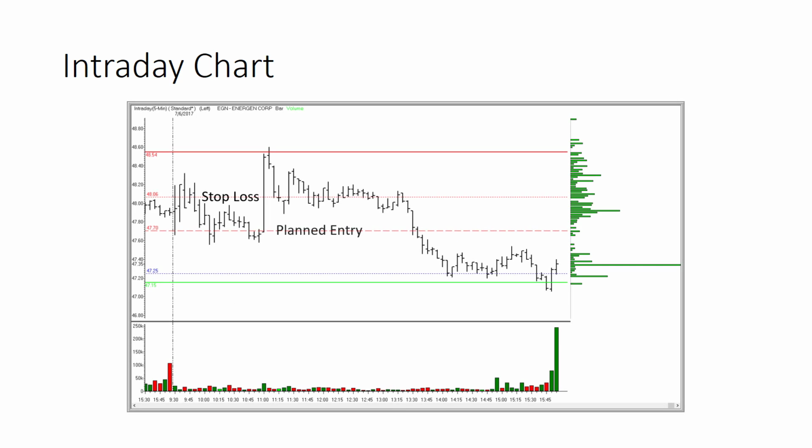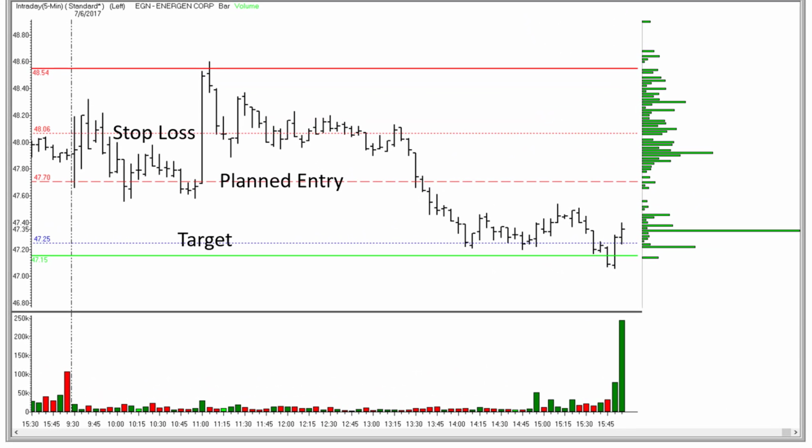And not everything comes up roses all the time. So here we've got the trade as it happened. And you can see that this thing came down, hit that planned entry line once for a 36-cent loss, and then unfortunately came down and hit it again for a 36-cent loss. Now you've got a 72-cent loss for the day on this trade. That's not going to be a happy thing for anybody.